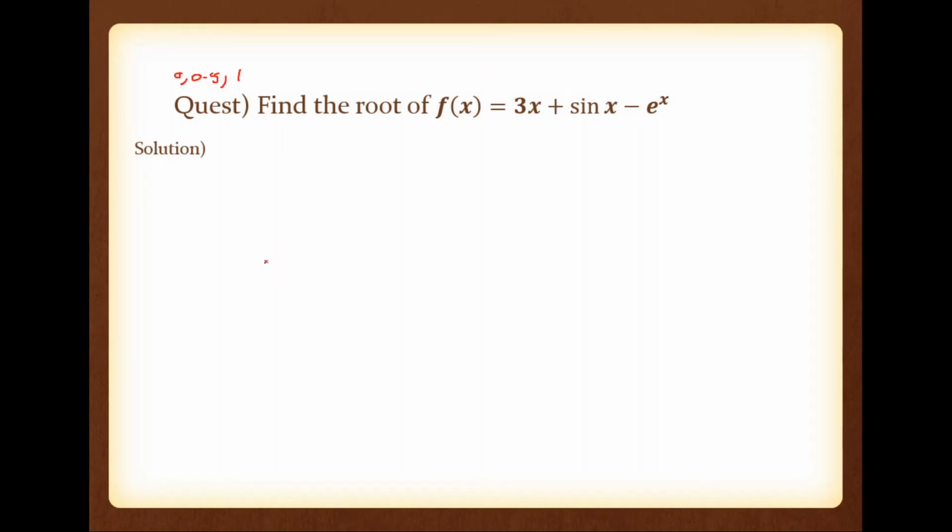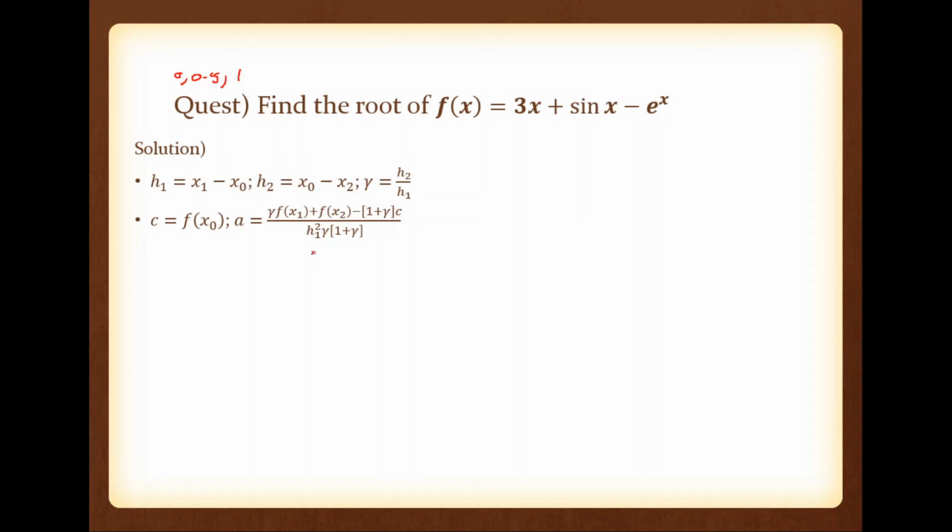Before starting the iteration, please note down the equations that we have to use. First we need to find h1. What is h1? x1 minus x0. Then we need h2, that is x0 minus x2. Then we need gamma, that is h2 by h1. If we have these three, then we can find C. C is equal to f of x0. Then A is equal to gamma into f of x1 plus f of x2 minus (1 plus gamma) into C, divided by h1 square into gamma into (1 plus gamma).